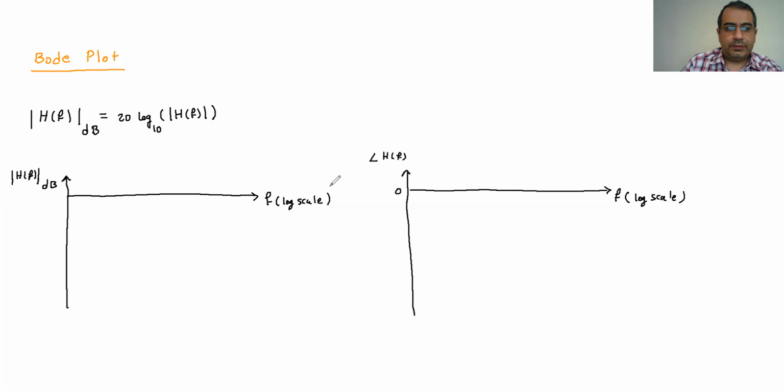Both of them start from 0. So if I go ahead and draw this now for the low pass,